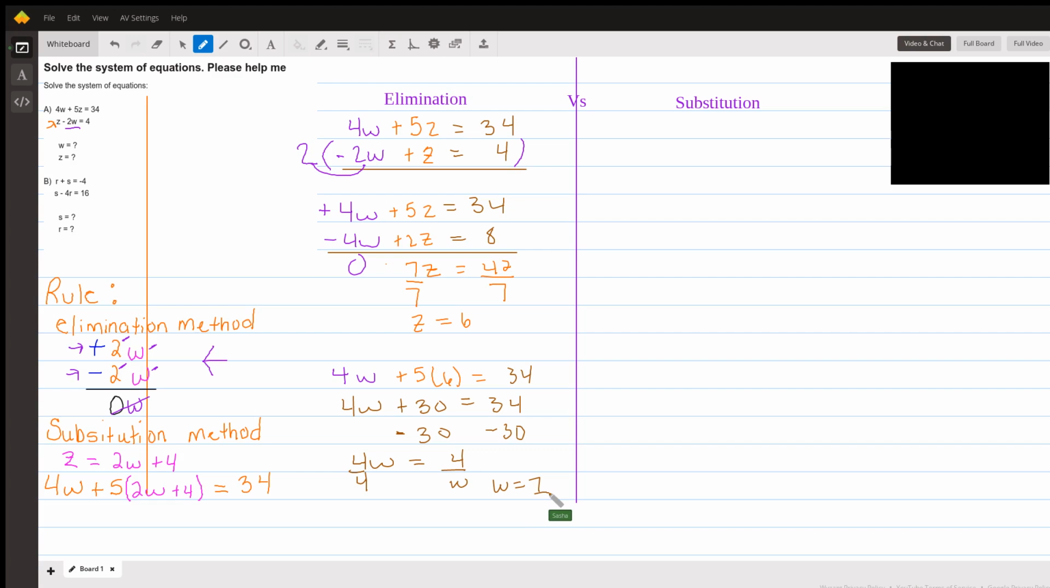Now, elimination is very important to know, but it's not the only strategy, and it's not always the best strategy. So let's go at substitution. That's the second way to teach this, okay? All right, so for the first one,